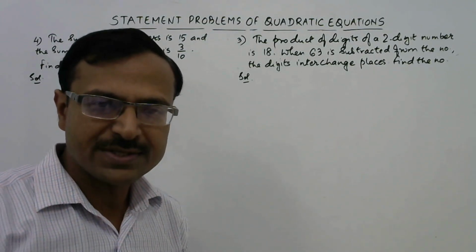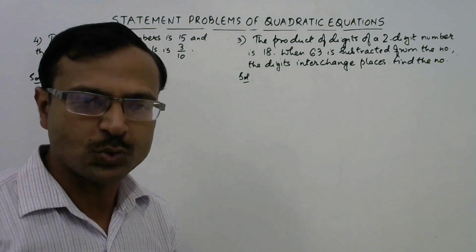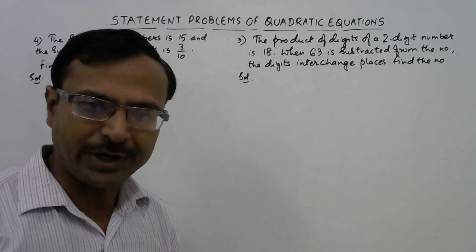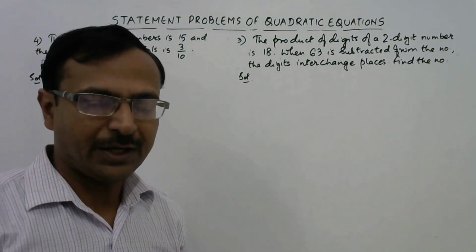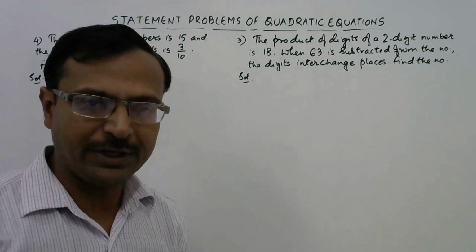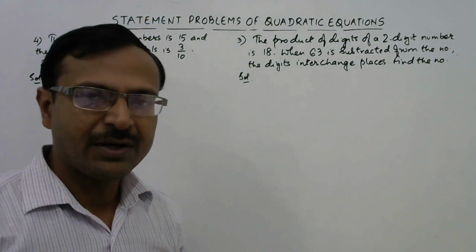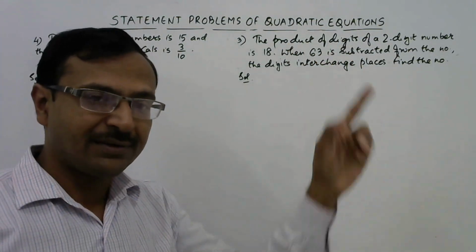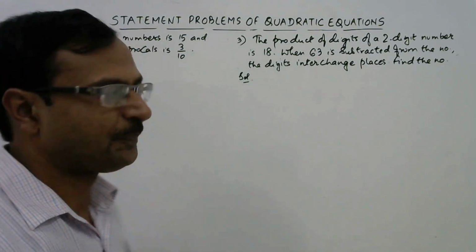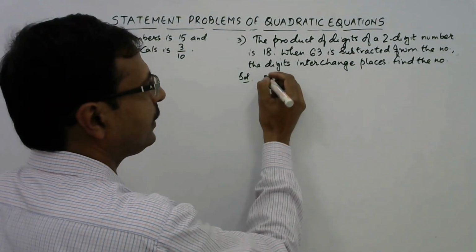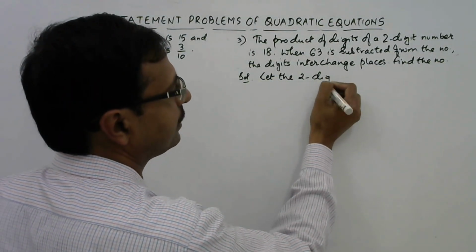So two-digit number questions are very common both in the chapter of linear equations in two variables and in the chapter of quadratic equations. So you need to be careful not to mix the two, and you should be aware when it is a question of linear equation and when it is a question of quadratic equation. Just remember, whenever product of digits is given, then it is a question of quadratic equations. We will see how. Now, whenever you have to assume a two-digit number, then let the two-digit number be